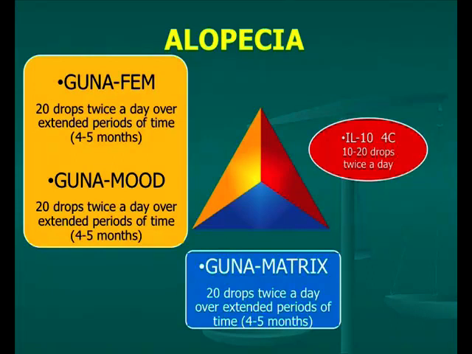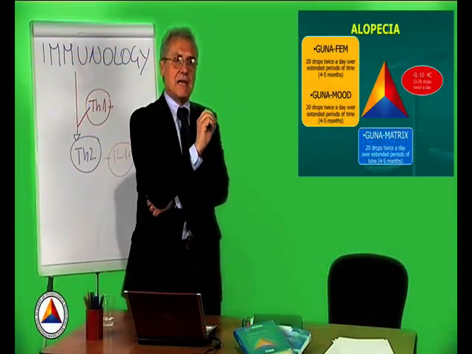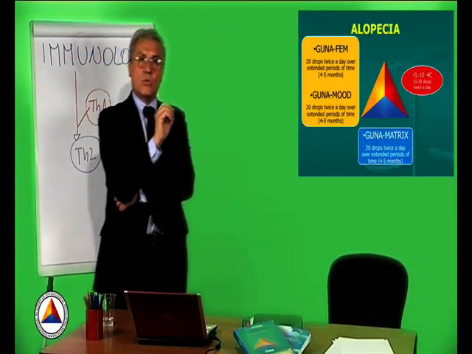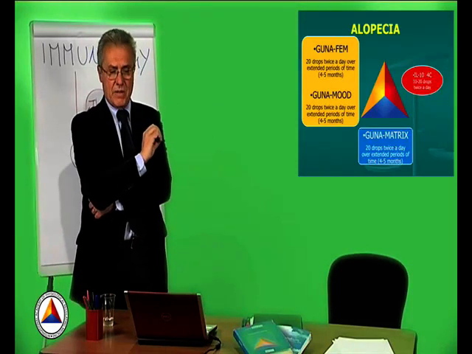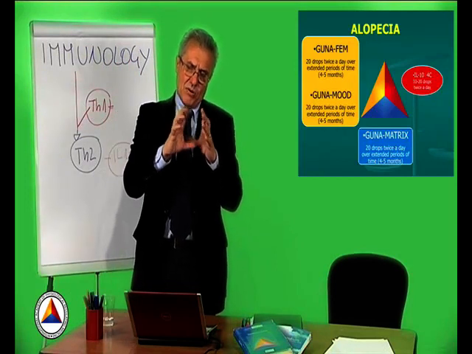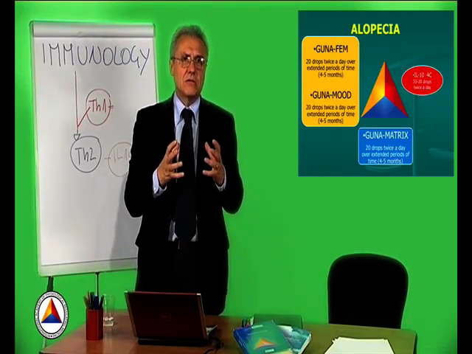It is massaged into the scalp in the morning and evening. On the other hand, Gunamud and Gunamatrix should be taken orally in a dosage of 20 drops 2 times a day. With this discussion on alopecia, which is very complex in reality, even if described here very briefly,